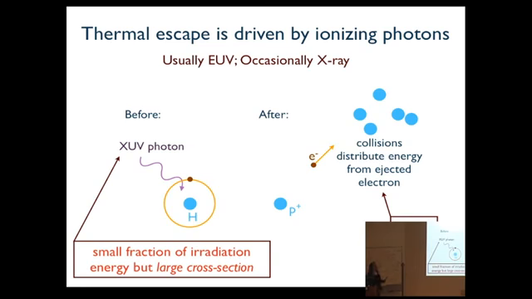And the reason this is important is not that there's a lot of energy in the XUV coming from most stars compared to in the optical, for example. I mean, in the sun, 10 to the minus 6 of its luminosity is coming out in the EUV compared to the bolometric flux. The reason this is important is that there's a large cross-section for this process. So these photons are being absorbed way up high in the atmosphere. And so if they can effectively heat,